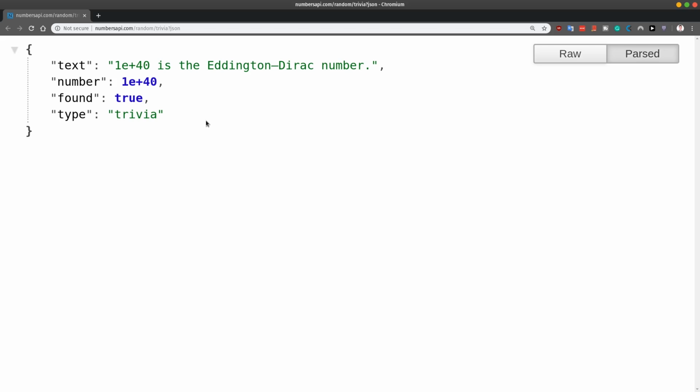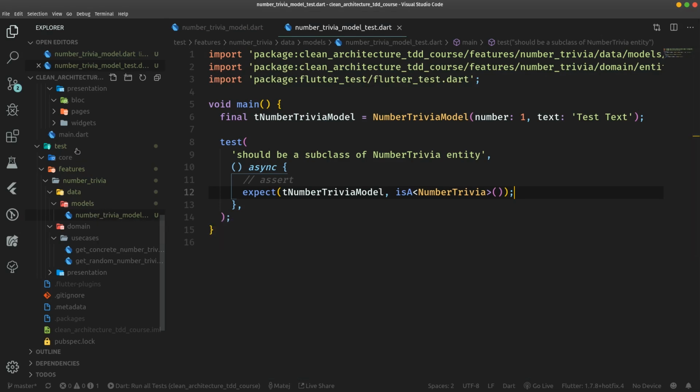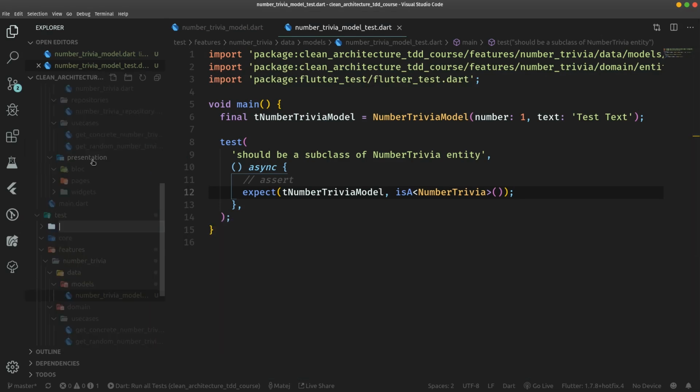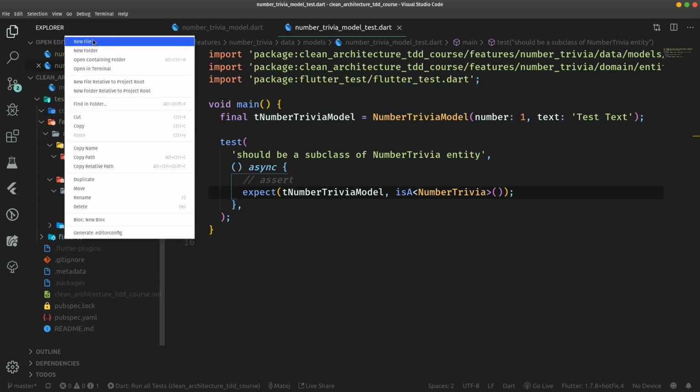We're now going to take these responses and freeze them in place, so to say, by creating two fixtures, trivia.json and also trivia_double.json file. So let's just copy this thing here and let's go to VS Code. Fixtures will go right into the core test folder. So let's create a new folder under test, fixtures. And inside there, we are going to create a new file,